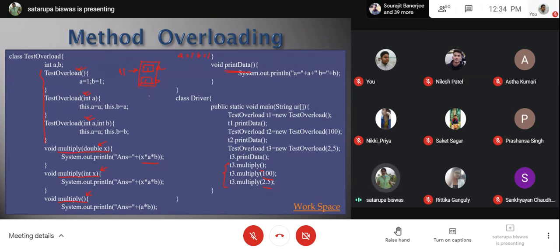Next, T2 is being created, so T2 will be called. Here also we have the room for A and B. And 100 is being sent, so in both cases 100 will be initialized in 2 different positions. When you print the value, it will print it in this way.